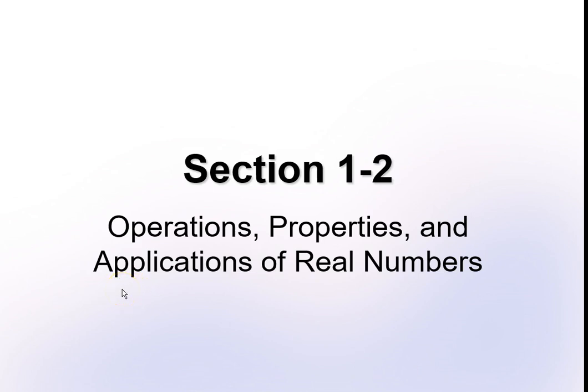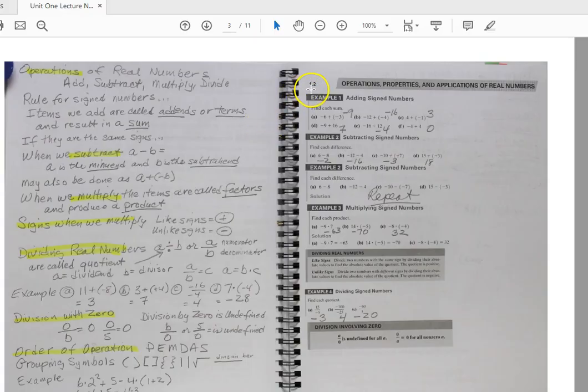Now, for this flipped classroom video, you should have your booklet at this time, and section 1.2. And this is what it looks like. So there is section 1.2. The title is there, so you don't really need to write it again,